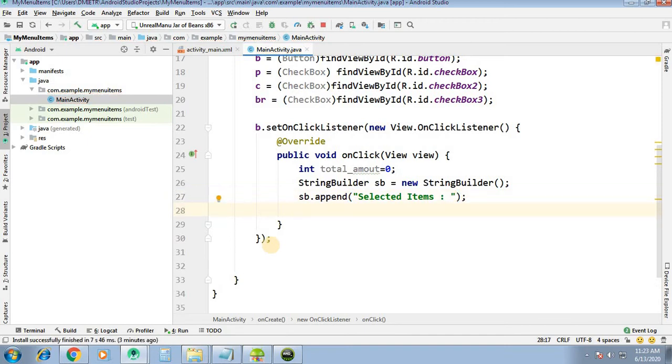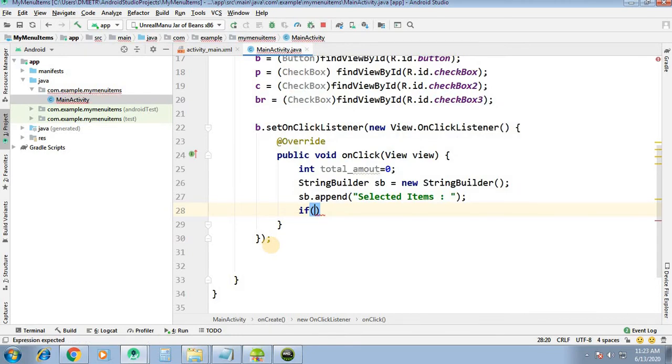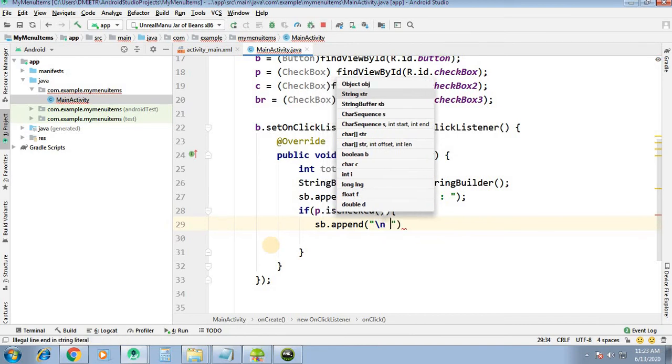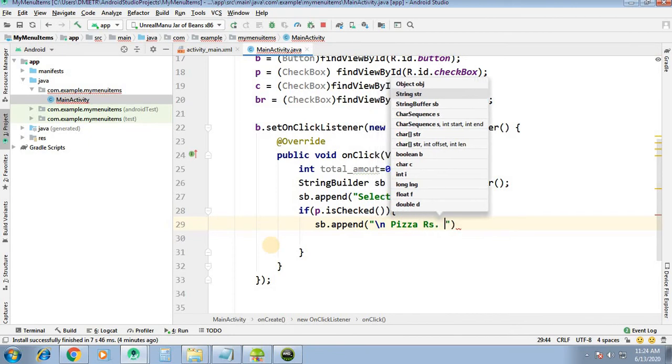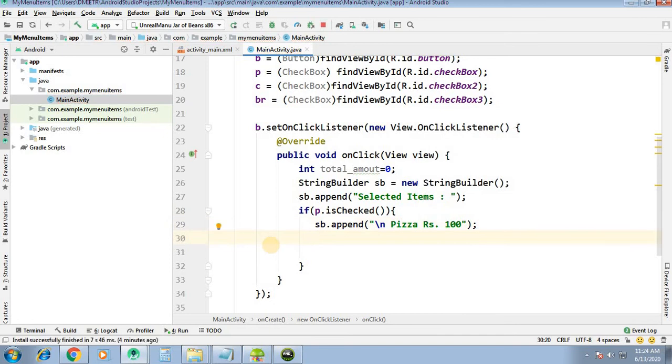Then we will check if the pizza button is selected or not. If P is checked, if pizza button is selected, then what we have to do? We will first append SB dot append, backslash n, pizza, rupees 100, and we have to modify the total amount.